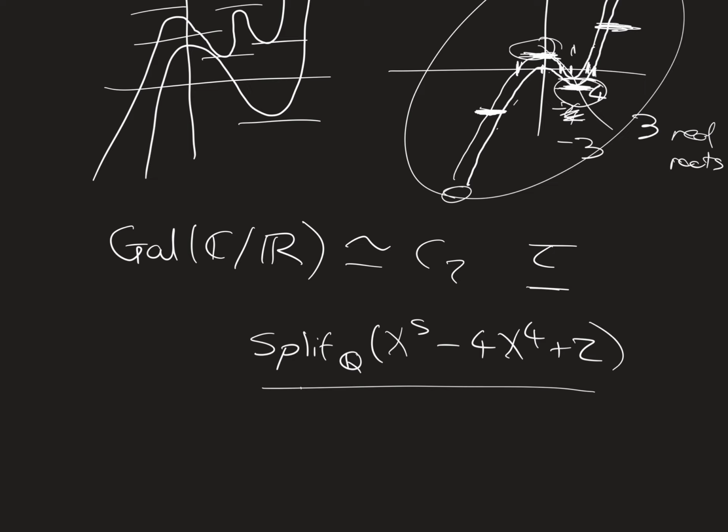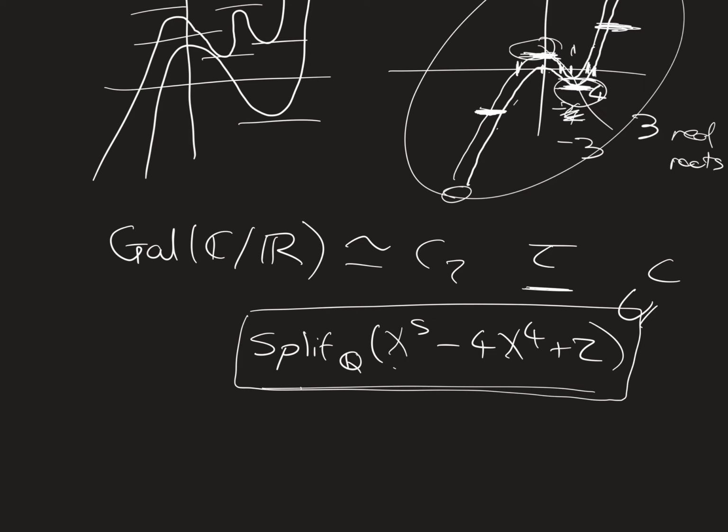Now you might worry, how do I know that it is mapping things in here to things in here? What if it's mapping it to something outside it? But that can't happen, because it has to map all of the roots. It has to restrict to being an automorphism of this subfield, because this subfield is normal, because it's Galois. So this is a subfield of the complex numbers, but it's not just any old subfield. If I took the subfield, the rational numbers adjoin the cube root of 2, then that wouldn't be a normal subfield. In fact, that's probably not a good example. But if I took the rational numbers